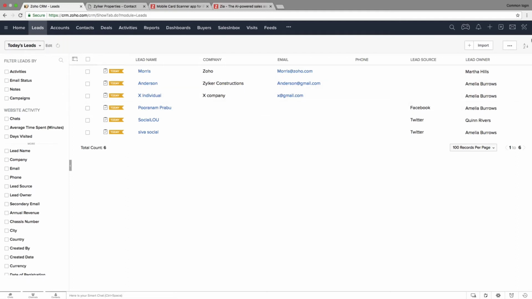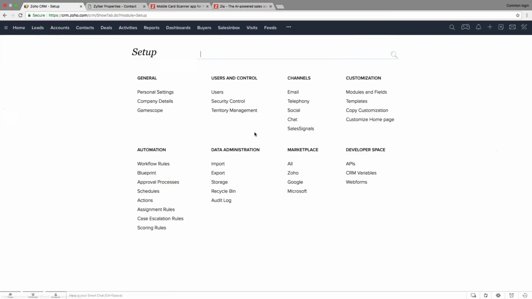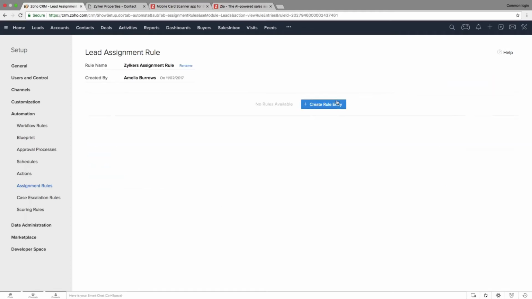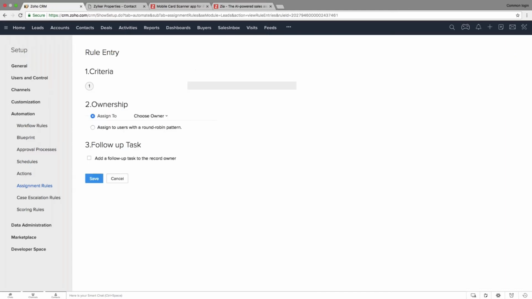That's when Zoho CRM comes into play with the assignment rules option under Setup, Automation, Assignment Rules. Assignment rules lets you assign the right leads to the right people. You can do this in two different ways. Based on a specific condition, by simply going to assignment rules, creating a new rule, you can go ahead and say,